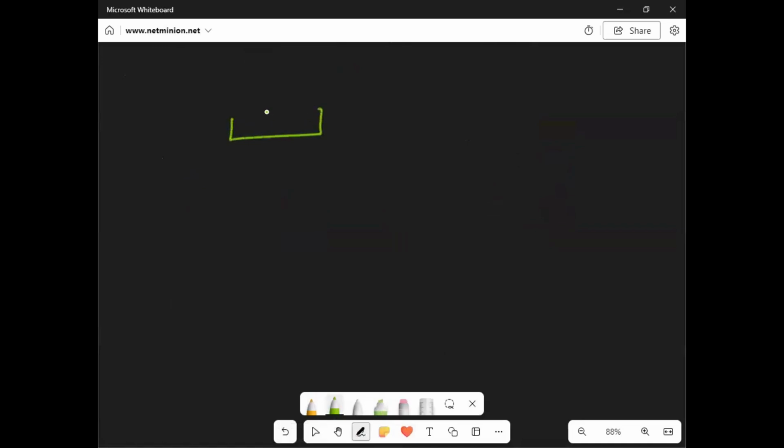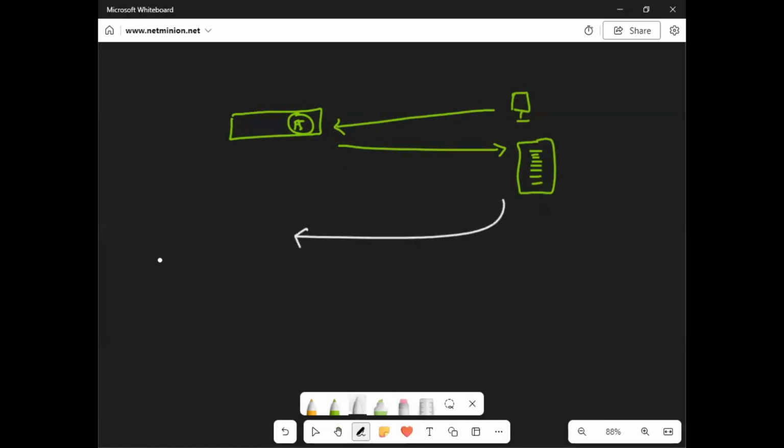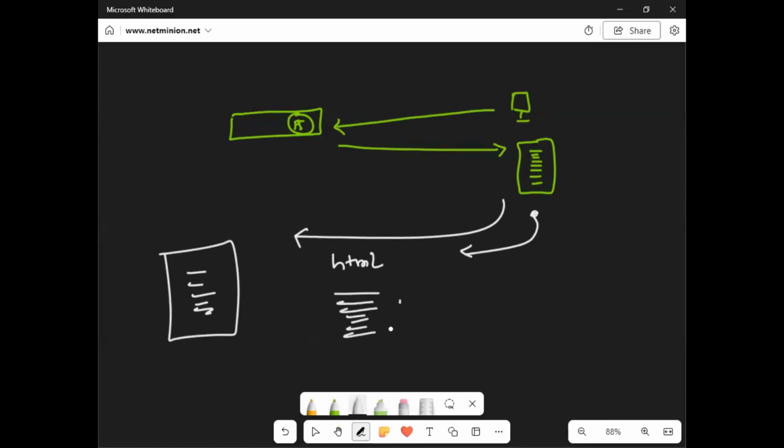So let us say there is a device. Because we will be focusing on F5, this is an F5 device. You are writing a Python script, fetching out some data. In the background, that data is with you. Now you need to present it to your customer in a report format. You can use HTML. HTML can fetch this data and show it as a front end. But in the backend, what are you using? In the backend, you are utilizing Python. Is this point clear?